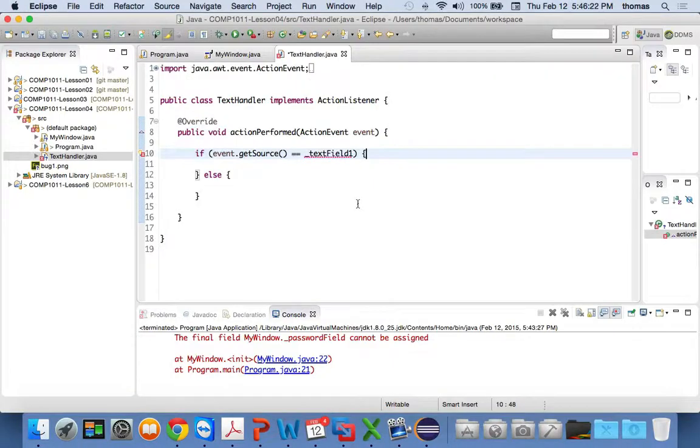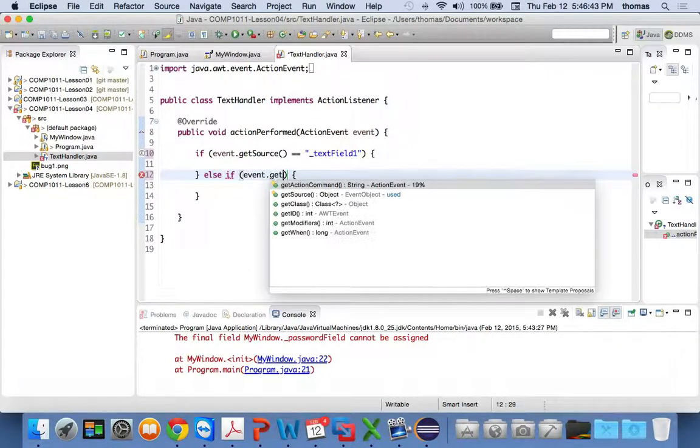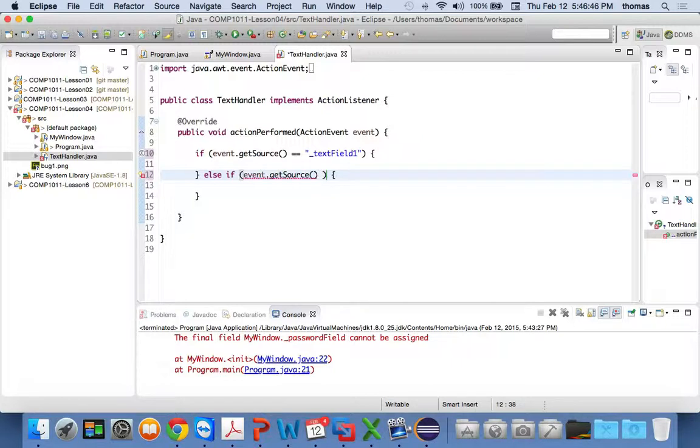That's the question for you, right? Try it that way. So if I say is equal to text field 1, will I get an error? And is this correct? That's the other question. Is this going to be the correct thing to do? If text field 1, else if, right? getSource, event.getSource. Let's put that in for now. We'll figure out the problem. Is underscore password field, right? And if it's text field 1, we'll do a